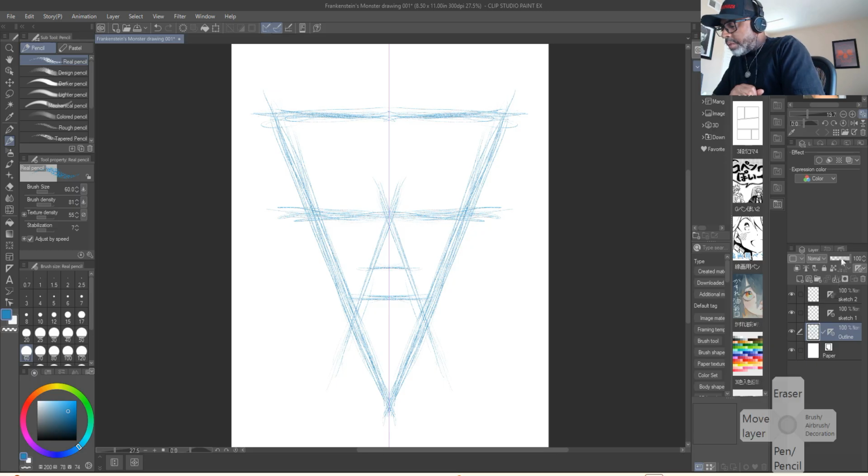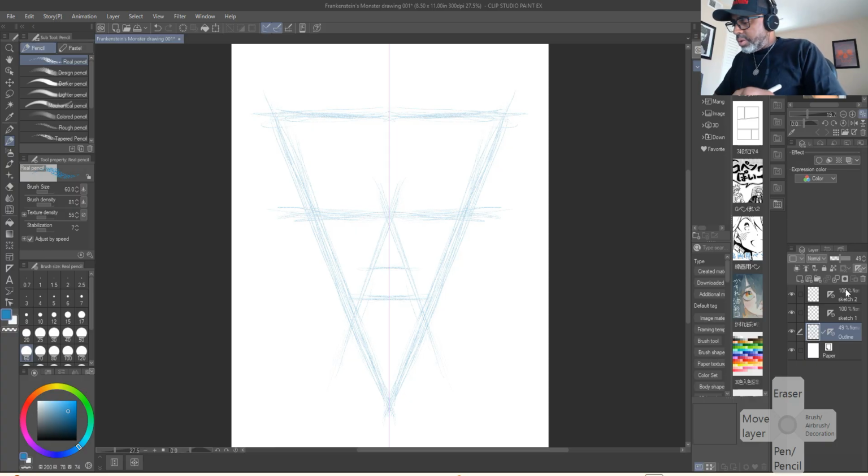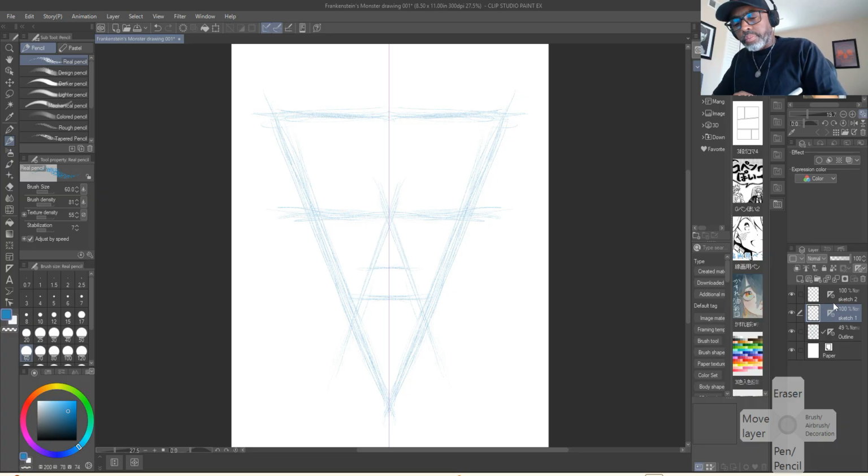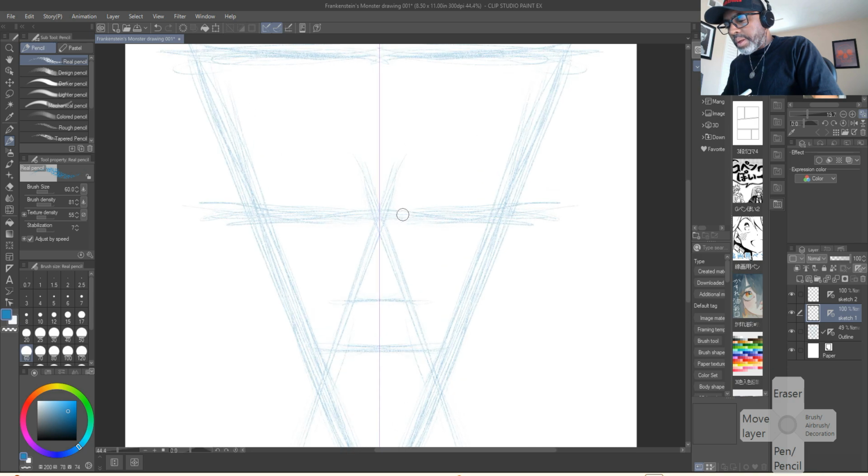So I'm going to go in first. I'm going to drop the opacity down to about 49. Okay, so that's good. So what I want to do now is go up to the top layer above it, sketch 1, and I'll keep the color the same on the pencil tool. Now I'm going to bring this up a little bit, and I want to start to put in a little bit of detail,